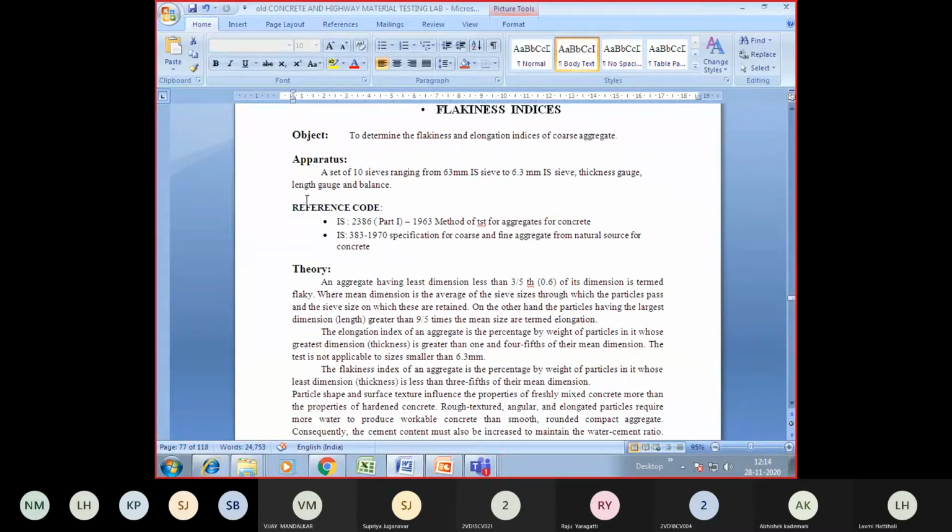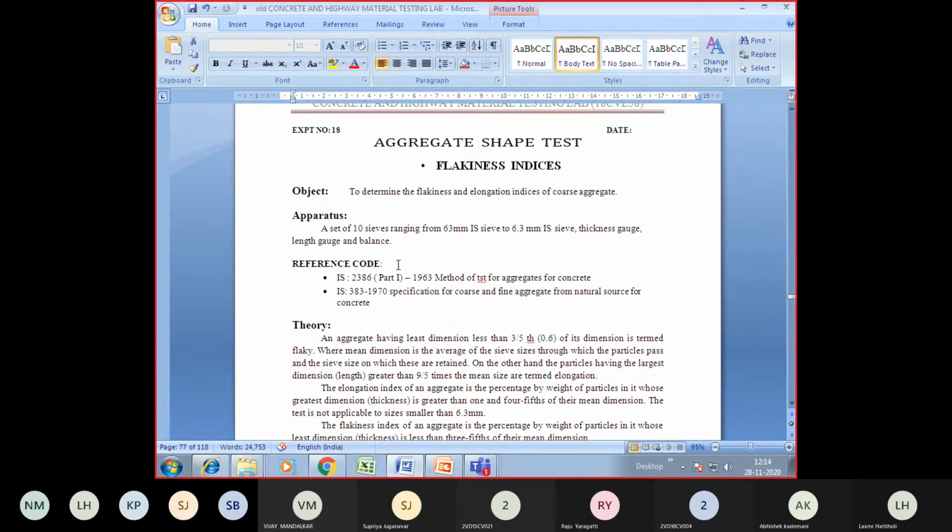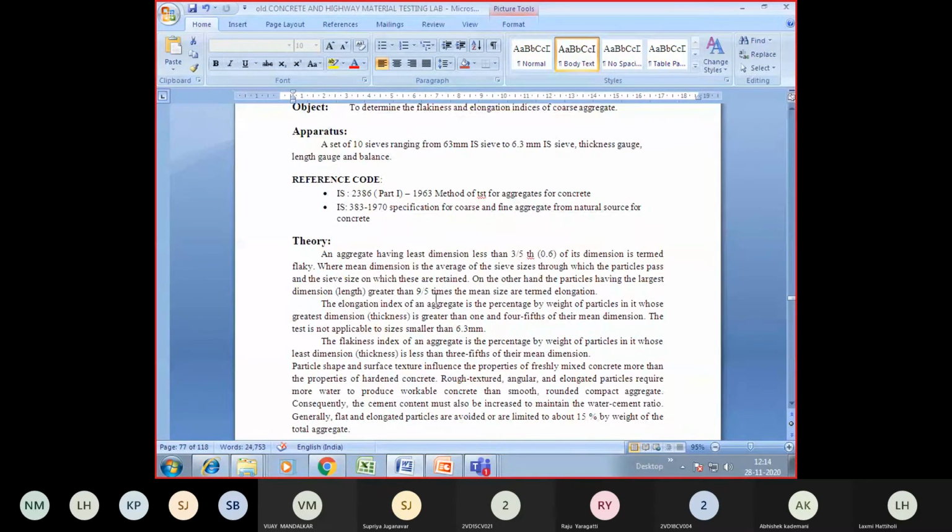Okay, let me brush up this theory once again. From the reference code, we got to know from which code this experiment should be carried out and what the specification is. The theory behind this experiment is that flaky and elongated aggregate should be avoided.